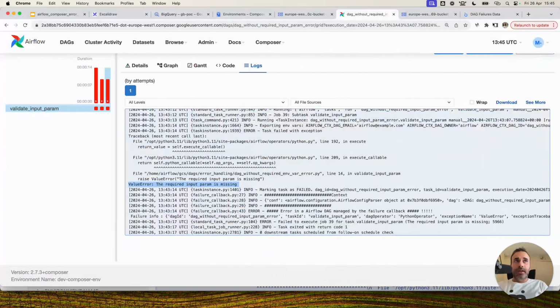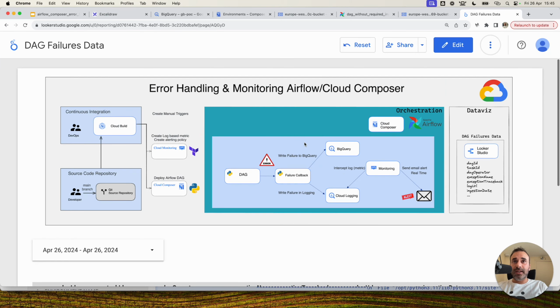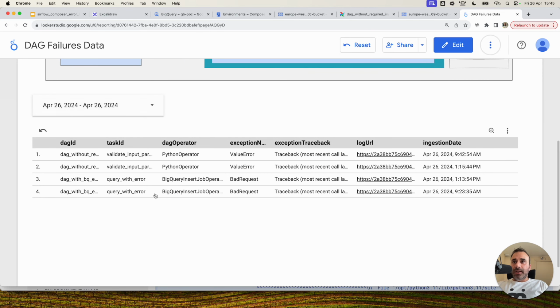I access here. I created a Looker Studio dashboard, and in this case, I added the schema in the Looker Studio dashboard. We target the BigQuery table, and we can visualize all the needed elements from a dashboard. And it's interesting because sometimes we can expose this dashboard to our partners like the Run team or others. I also added a default filter on the current date in order to have the errors concerning the current